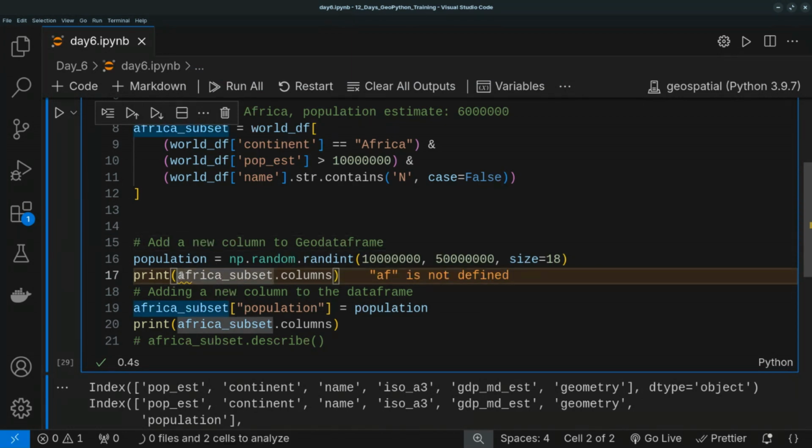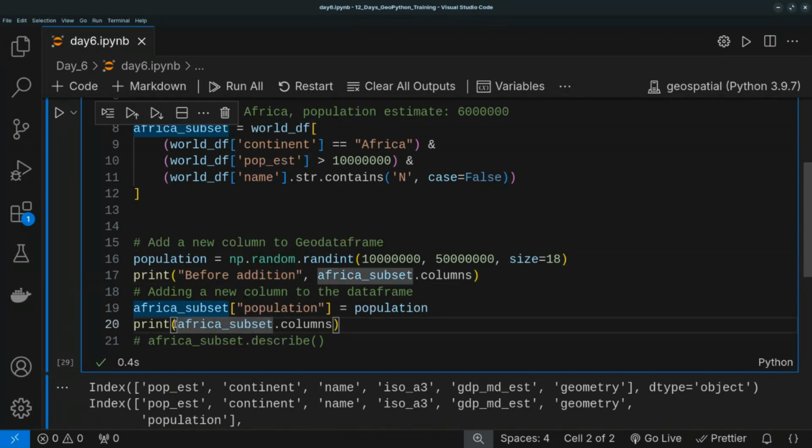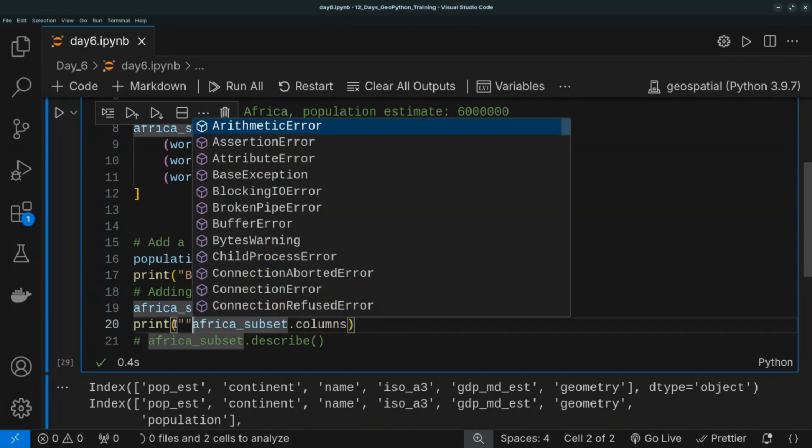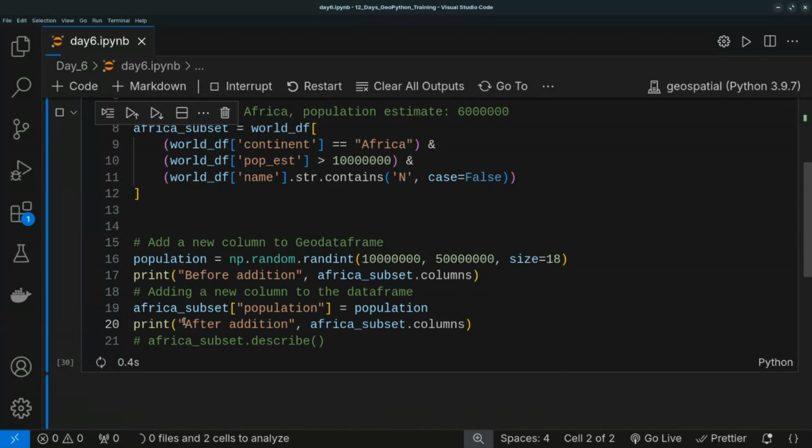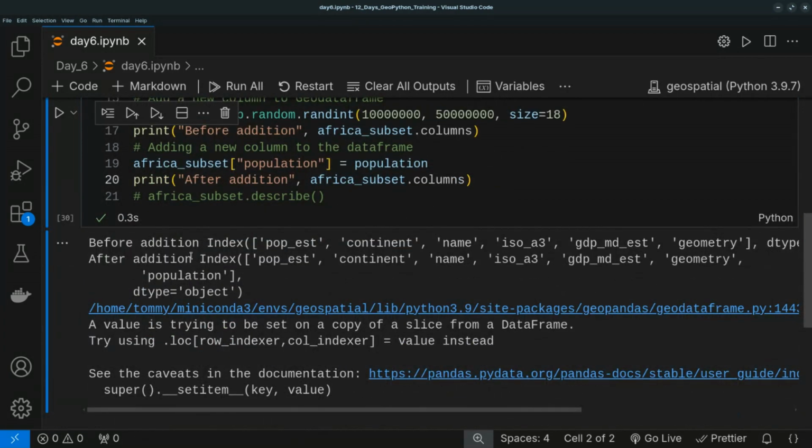If I even want to customize it, the more I can say here, maybe "before addition," and then this place will be "after addition." Okay, so now when I run it, you see that before addition, just forget about this index and other things, this one ends as geometry, and then after the geometry, for the after addition, there